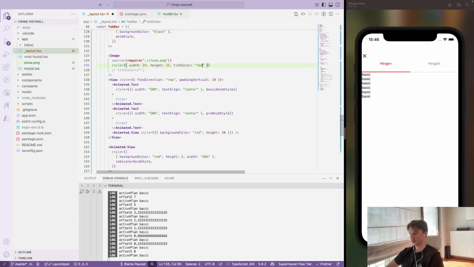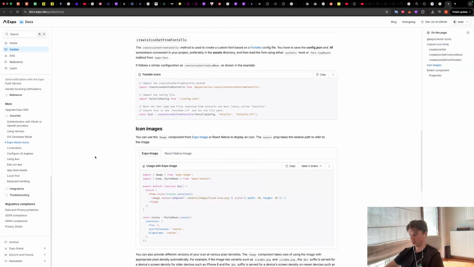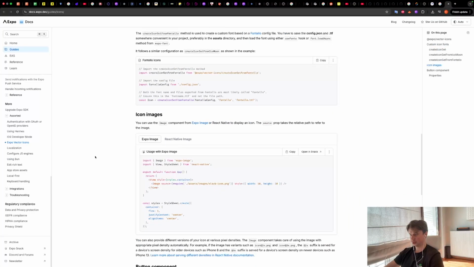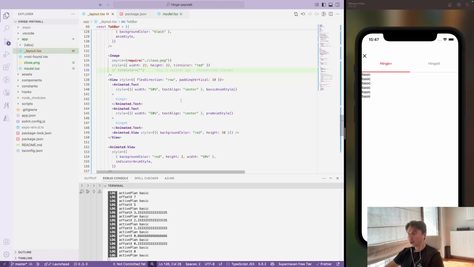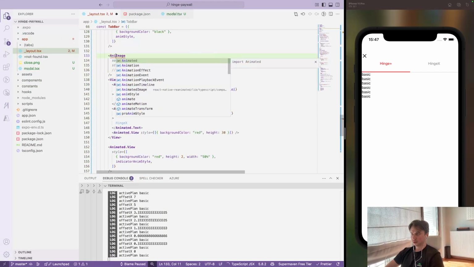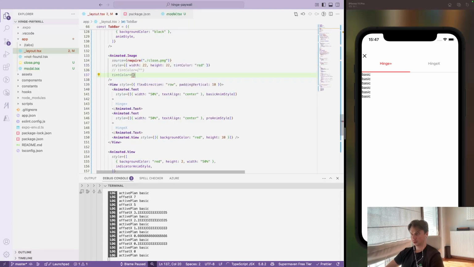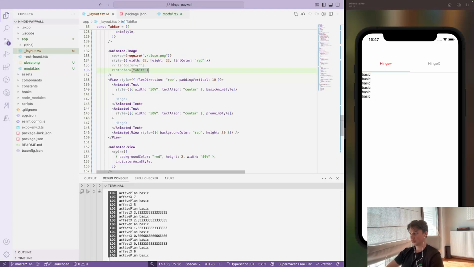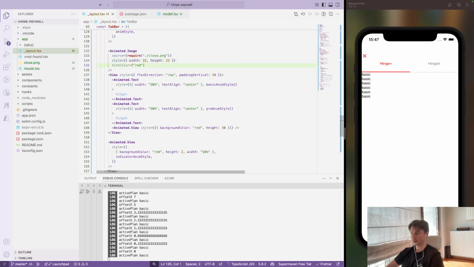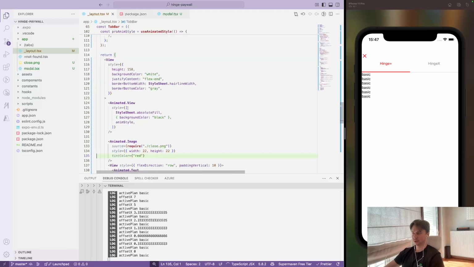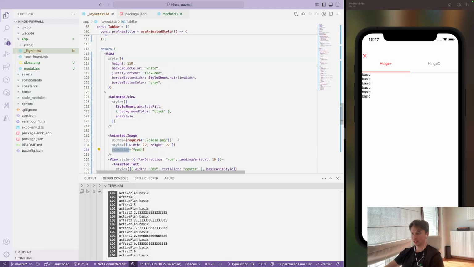Alright. Okay, I need another one. Give me ability to switch the tint color. If I use that one, okay, the problem was just here. Okay, so we will use animated image that gives us ability to switch the tint color, but to switch